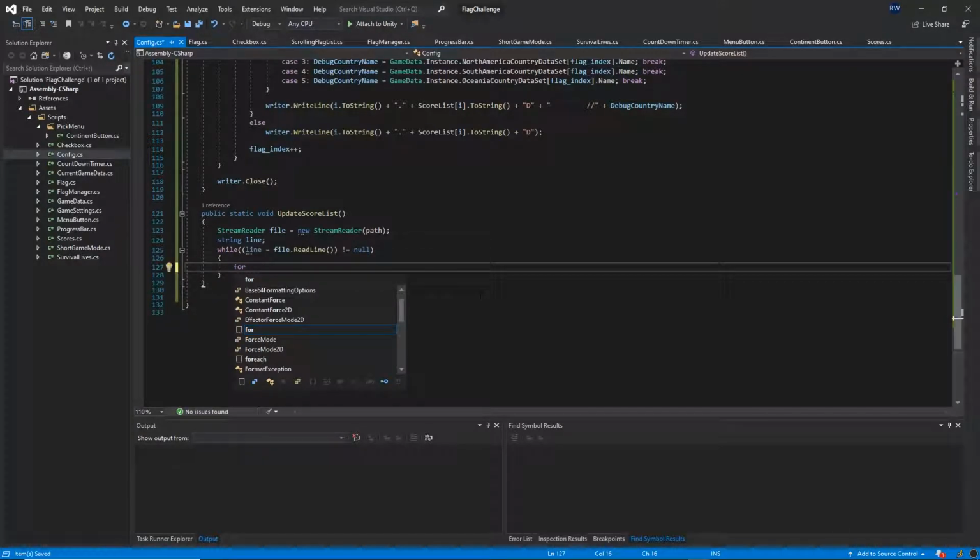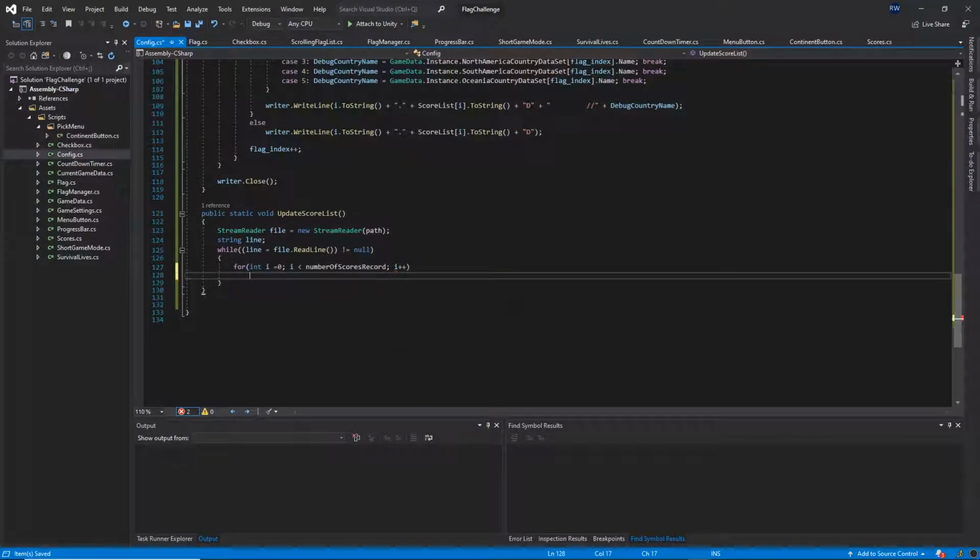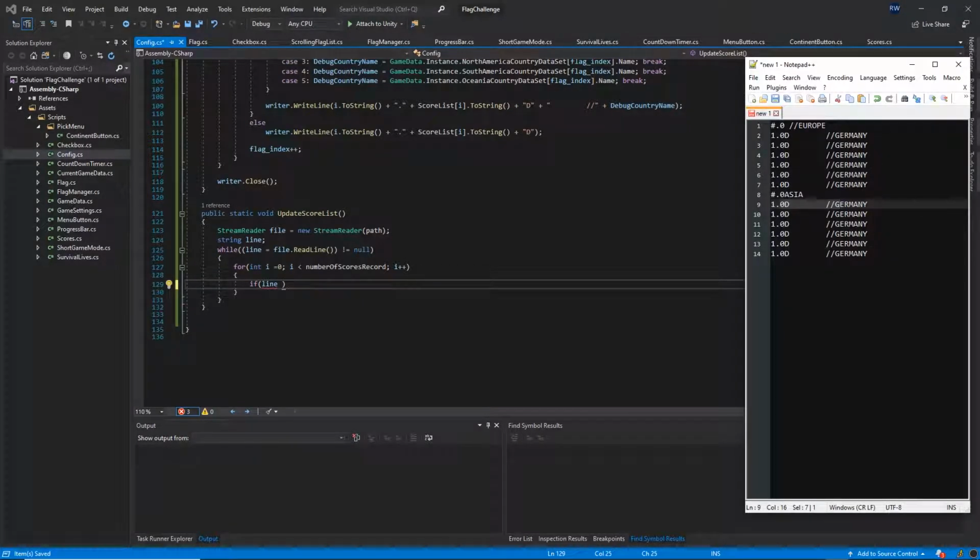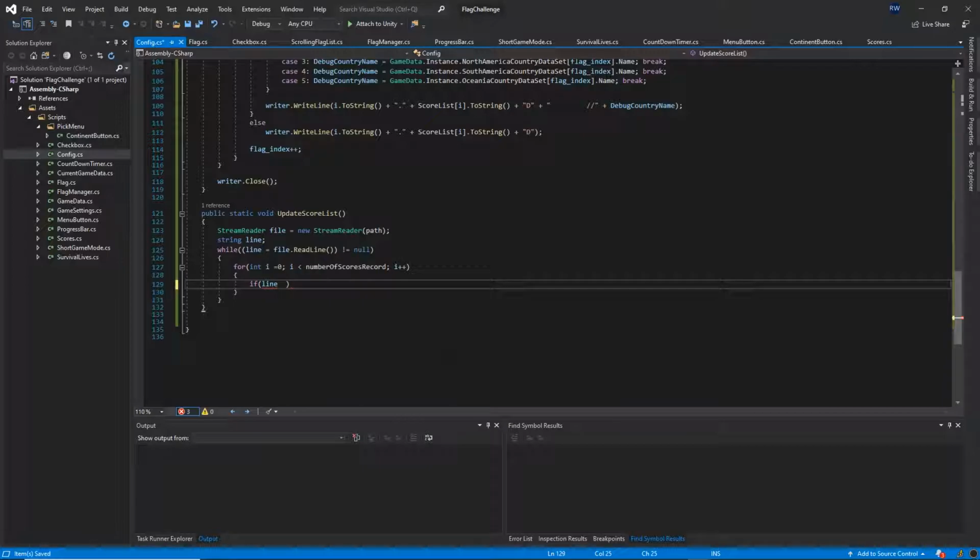And then we want to loop the for int i is equal to 0, i is less than the number of score records, i plus plus. Okay, and then we want to check if line, let me bring up the file again. So if we are reading the continent, we have the hash at the beginning, so we want to check. So if the line is not equal the hash,